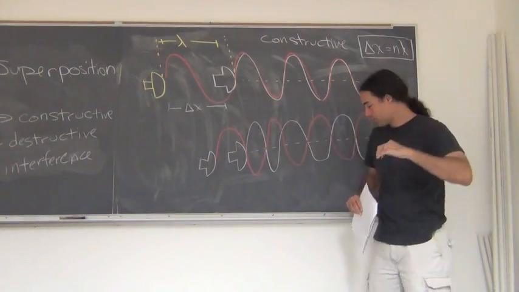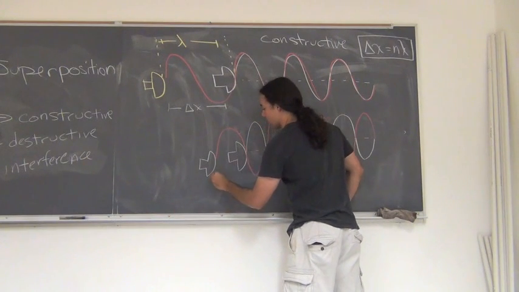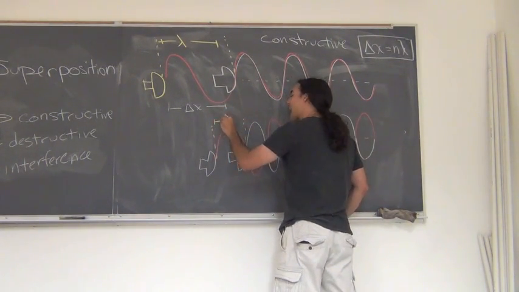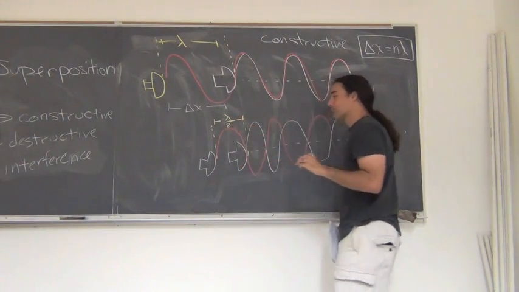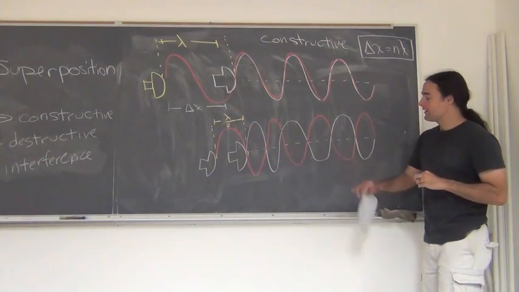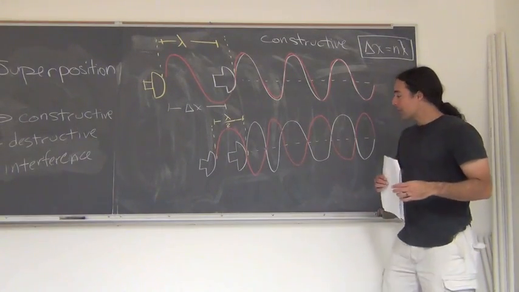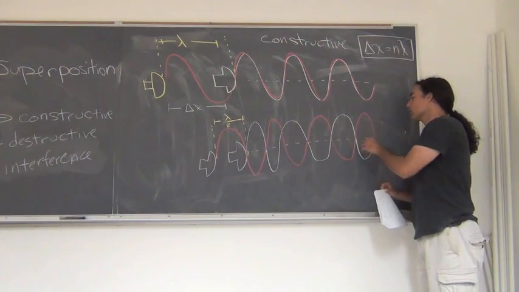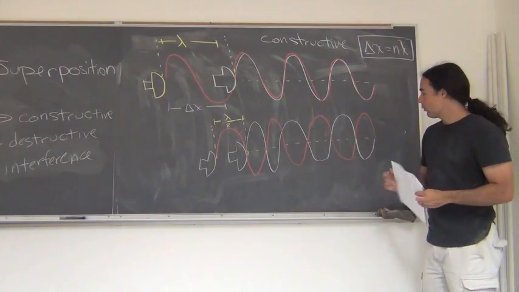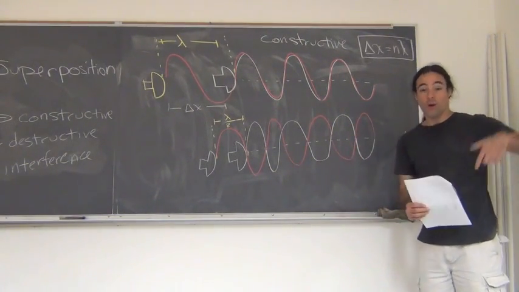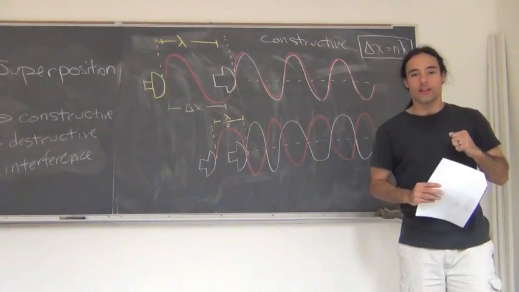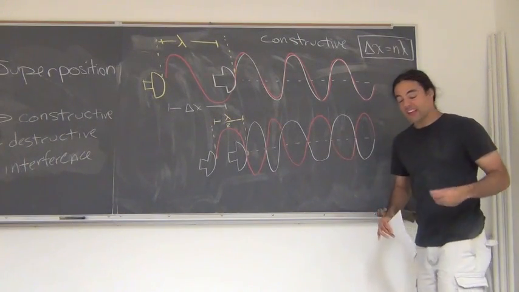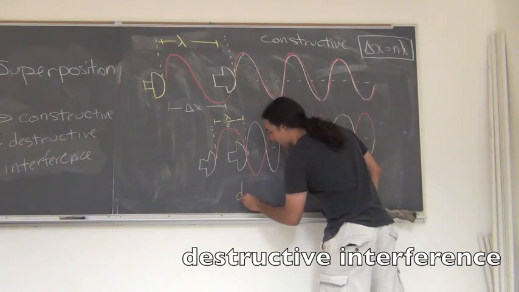It only goes up once. So here, the distance between the two speakers is half of a wavelength. Okay, again, we can call that distance x. Now what's going to happen? When I combine those two waves, whenever the red's going up, white's going down. Whenever the white's going up, the red's going down. One's positive, one's negative, they're always going to exactly cancel out. Because they're always canceling out, we call this destructive interference,